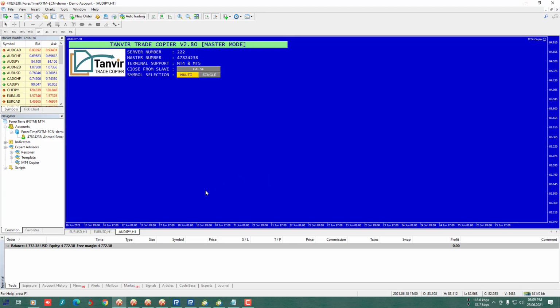We could set 7 slave accounts with server number 221, but that may slow down our device. So we should limit slave accounts to a maximum of 5 for each server number. This process will help our device not to slow down quickly.